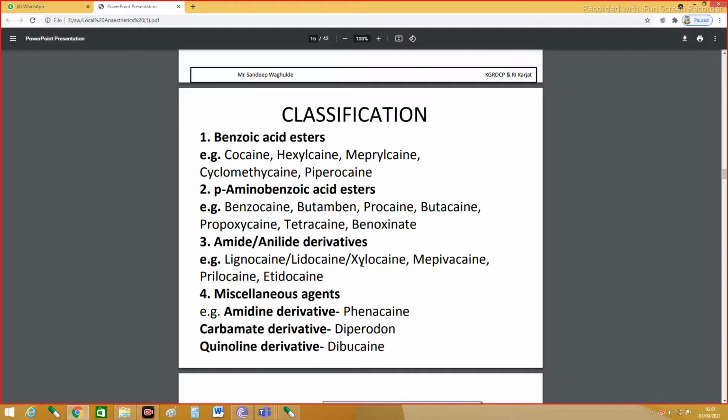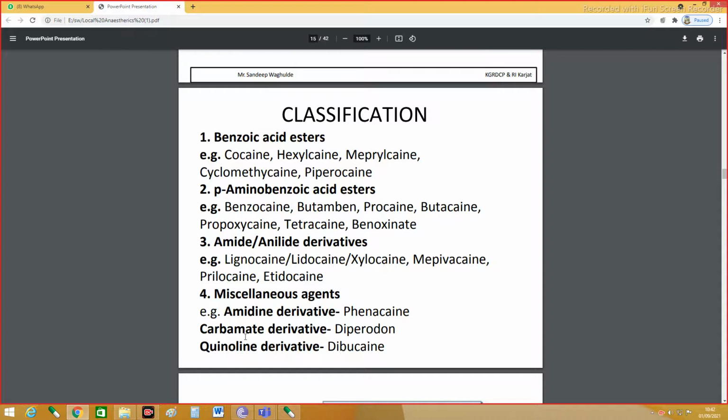It is also known as xylocaine. All three names, lignocaine, lidocaine or xylocaine, are used for the same drug. Then mepivacaine, prilocaine, etidocaine. These are the three main chemical classes, and the fourth class is a miscellaneous class. In the miscellaneous class also they have divided as per the chemical moieties present in the drug molecule. Therefore, it is